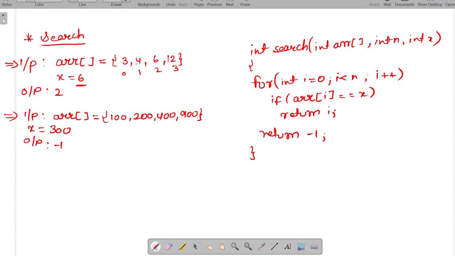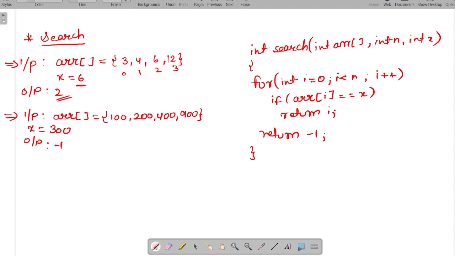Then it will move on to the next, that is 4. Again it will move on to the next. Then it can see that the third element, the element at index number 2, is 6. So it will return the index of that position, that is 2. So the output will be 2. In this way searching happens.